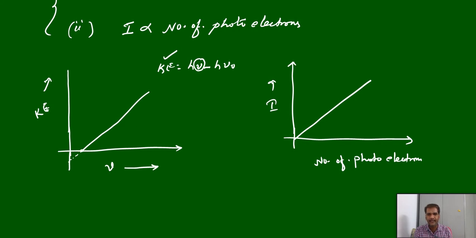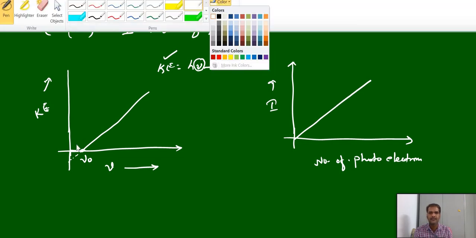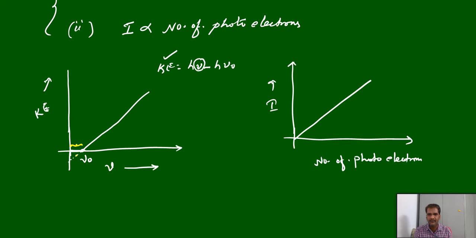So what is this point? This is called nu 0. It means to eject an electron, initially we require some energy, right? So by applying zero frequency, we cannot eject an electron. Initially we require some energy. So up to here, this part is called the threshold frequency. Only after reaching this threshold frequency can the electron eject, and then the kinetic energy will increase. That is why you cannot draw the graph from the origin. This point you should keep in mind, very important.